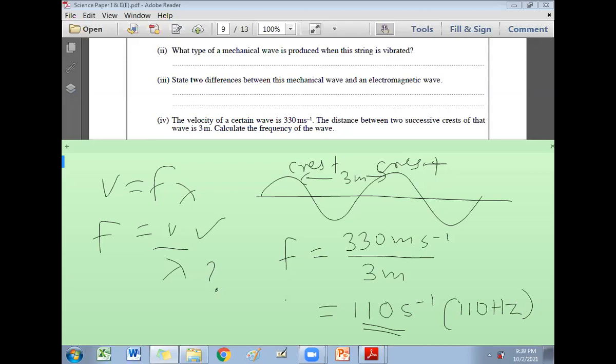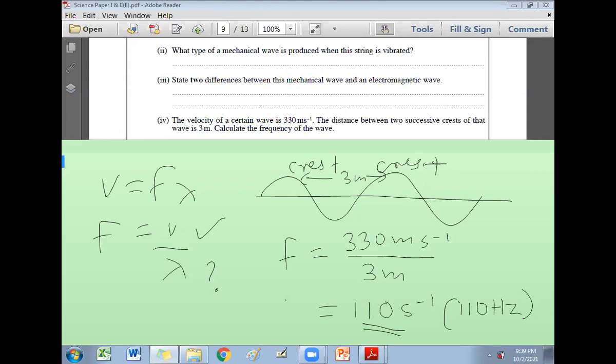If they give this in centimeters, you have to be very careful. So the final answer is 110 hertz. Please give the final answer in hertz. Be honest. Please raise your hand those who have done this with understanding. You understood the equation, wrote the equation and applied the values. With understanding, be honest. Please raise your hand those who got the final answer 110 hertz, per second or hertz. But the unit is hertz.